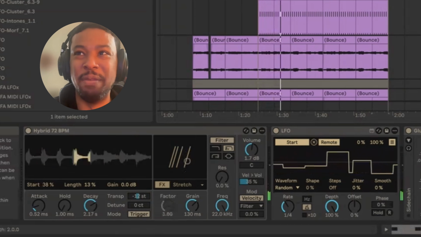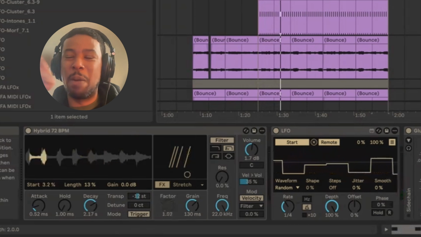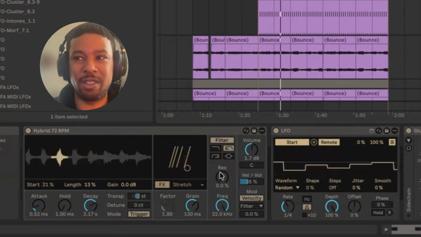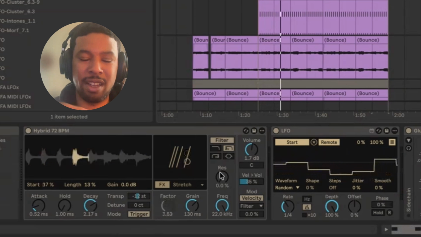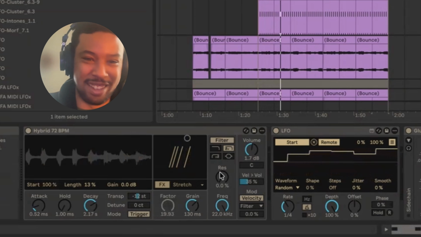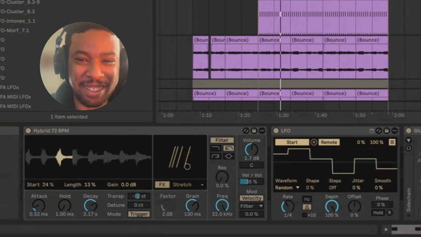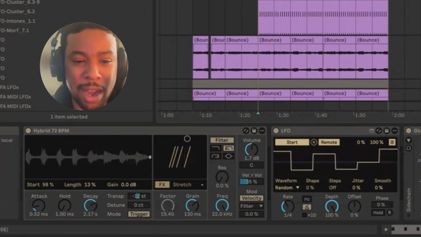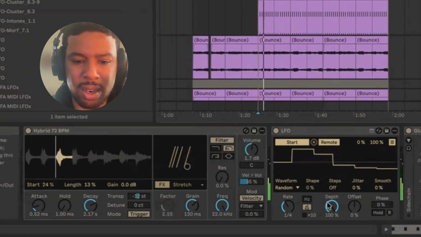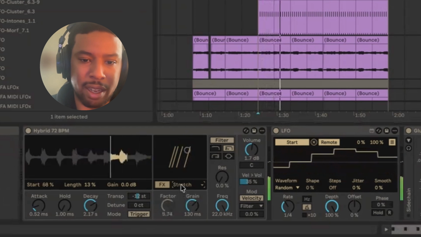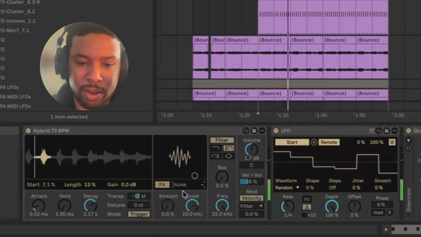And because it's random, you're getting different motions and different parts of the sample are being chopped, right? But you're filtering it out, so you're kind of getting a little bit more of a symphony of sounds, and it's kind of creating, you're just getting more elements out of just this one element, just getting more mileage out of it. And you don't have to keep it on that alteration. Like if you wanted to get more noise,